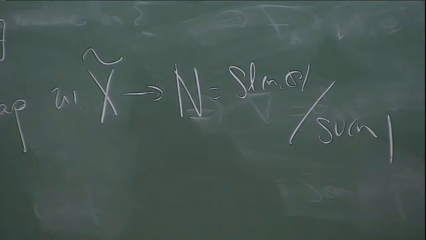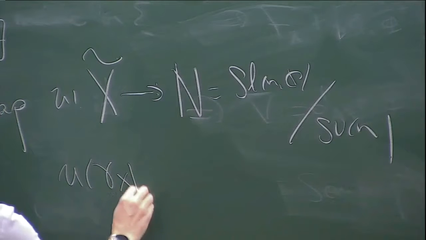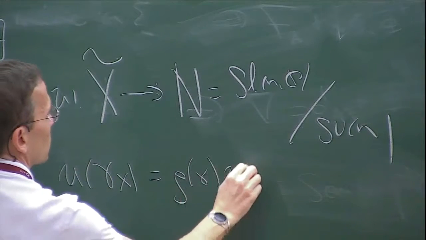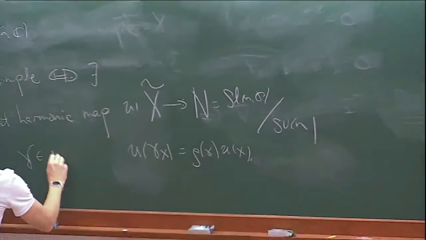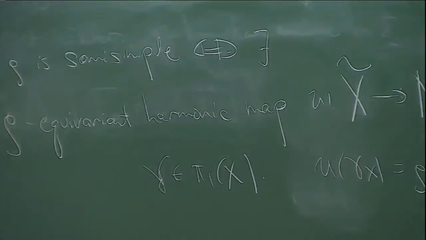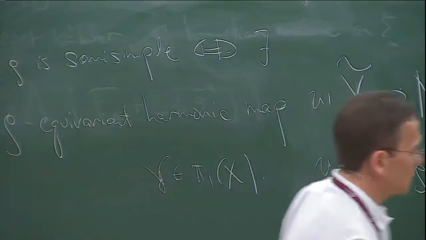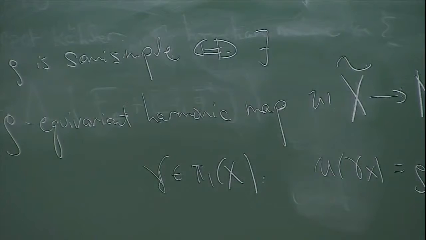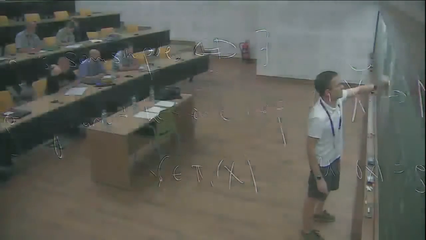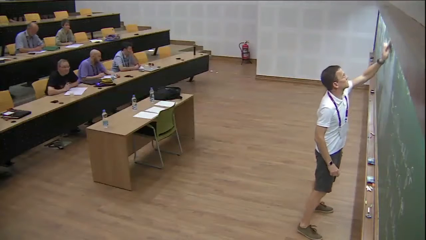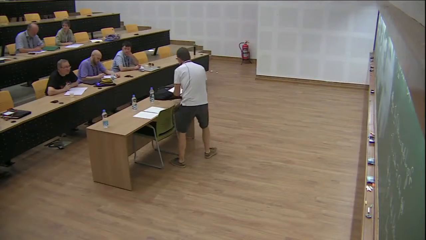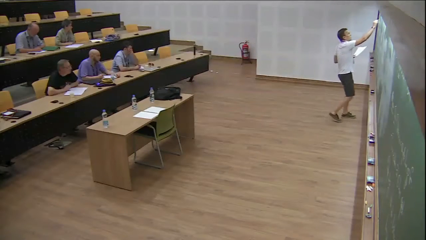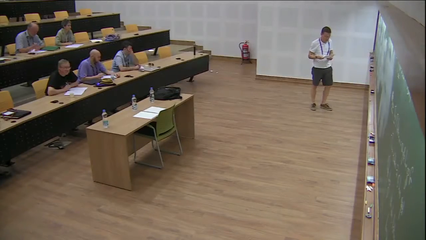So this is an equivariant map, meaning that if I take u of gamma x, this is rho of gamma of u of x, where gamma is in the fundamental group. Okay, so let me set up this problem and give you an idea of the proof. First of all, I'm going to state some things that are fairly straightforward. We can go into more details if you like.